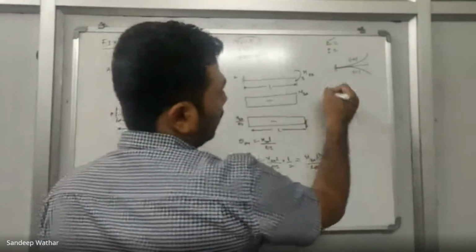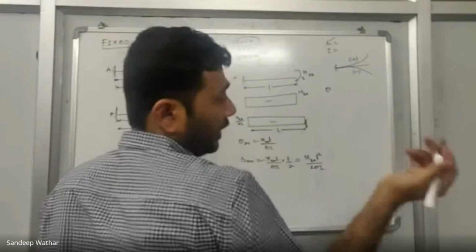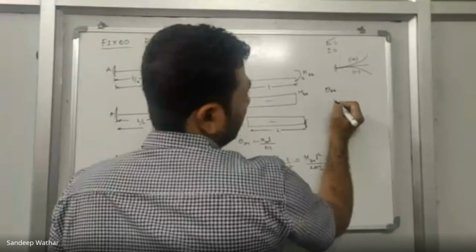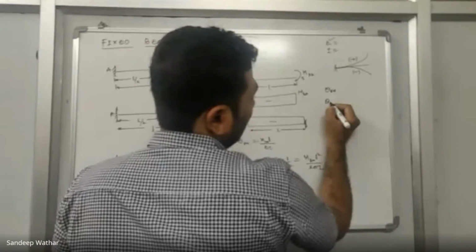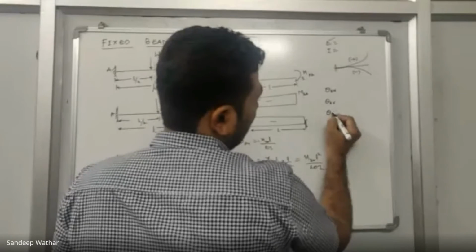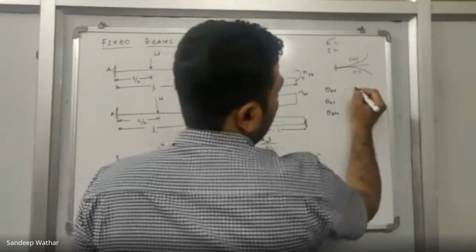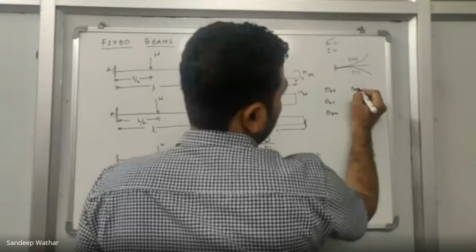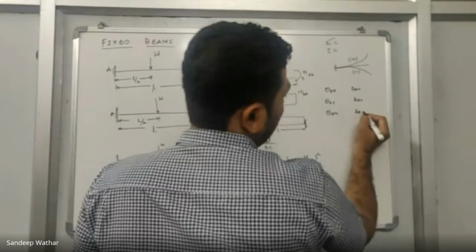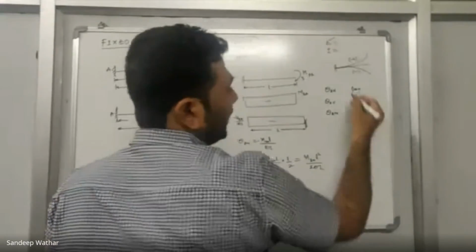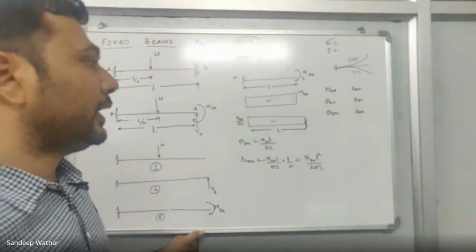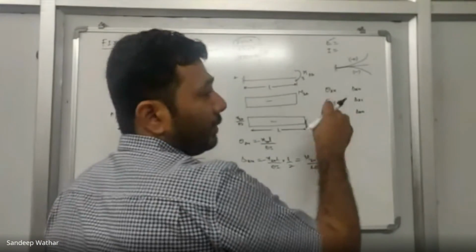So I'll just try to note all of them. You already have written this, I hope. Okay. So theta BW is the first I calculated. After that, I calculated theta BV. Then I calculated theta BM. Similarly, I calculated deflection BW, deflection B vertical force, deflection at B with respect to moment. So these are the 6 values I have determined. Okay. Now I'll tell you that I'll try to solve the compatibility equation.